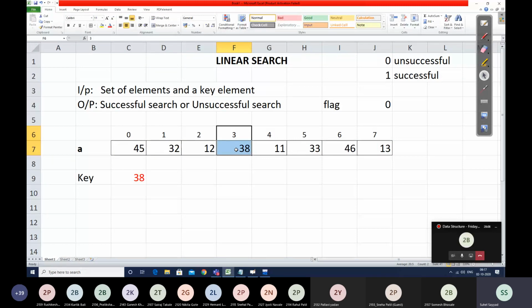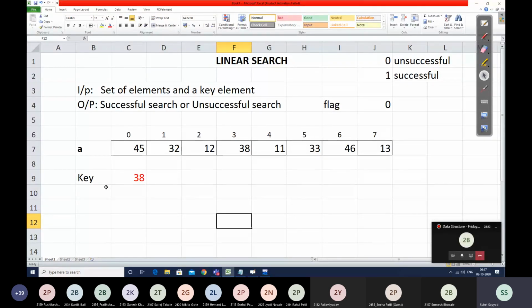So when you come out of this particular for loop due to a successful search, the value of I will be 3 in our example right now, but we need to print 4. That's why we will be printing I plus 1, right?